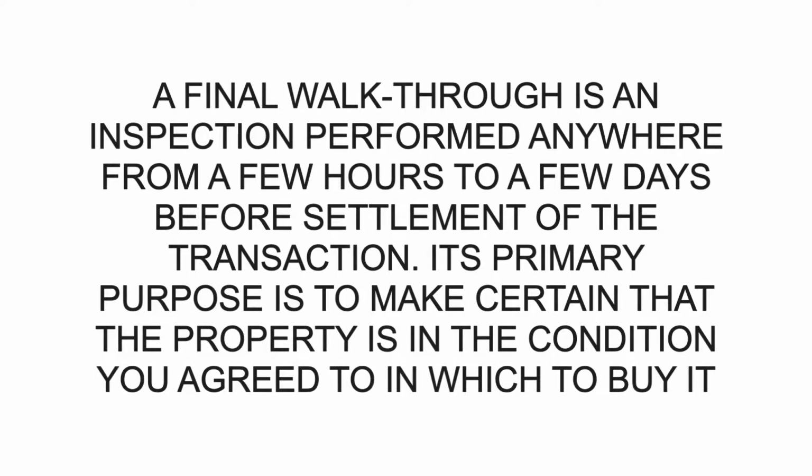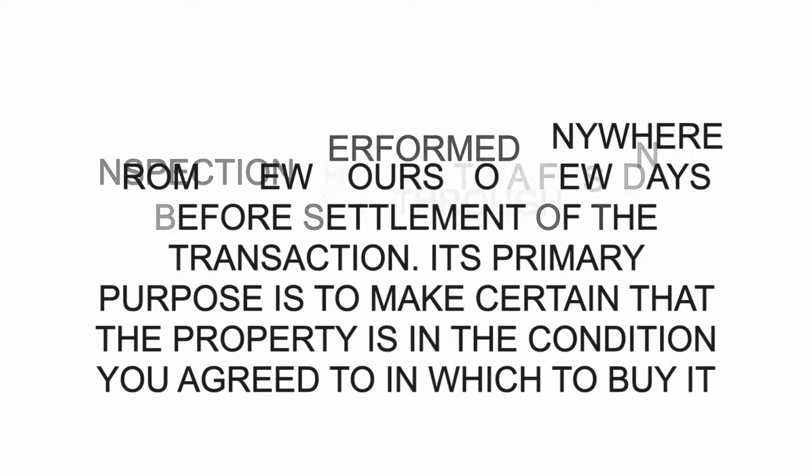So today we're going to talk about walkthrough. So Zach, tell us, what is the definition of a walkthrough? A final walkthrough is an inspection performed anywhere from a few hours to a few days before the settlement of the transaction. Its primary purpose is to make certain the property is in the same condition you agreed to in